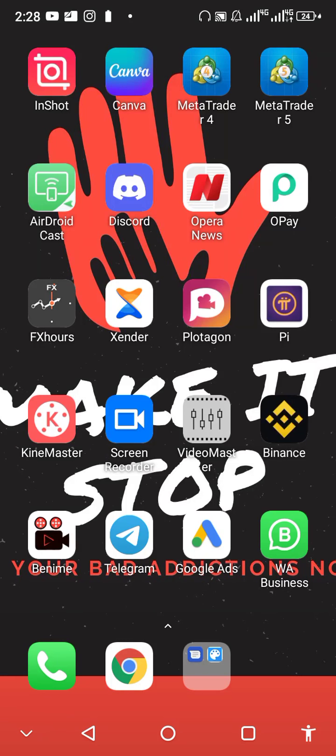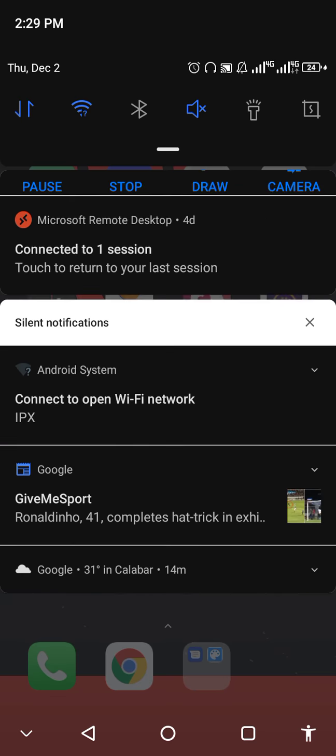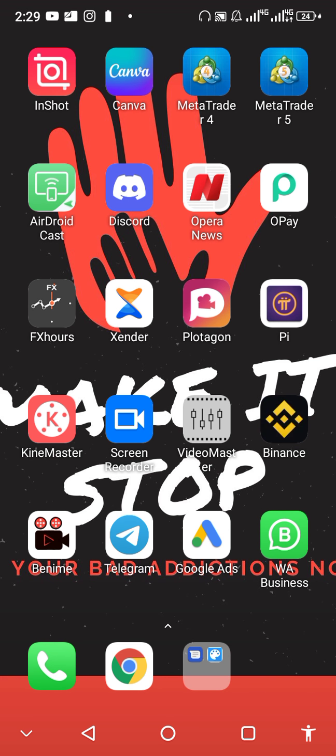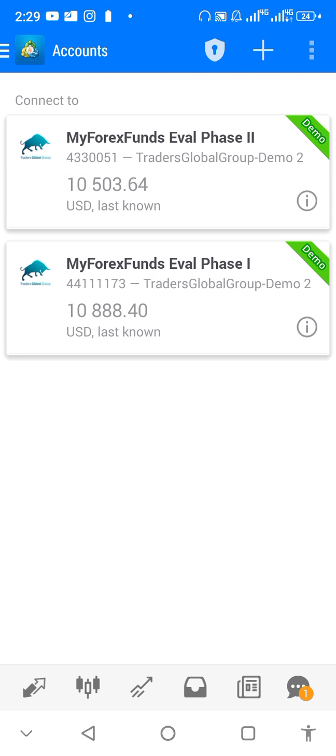Hello, so I'm going to be showing you how I managed to pass my Forex Funds. Here you can see these accounts, phase one, phase two, all completed. I deleted my other accounts for privacy purposes. I just need to keep two of these here so you guys can